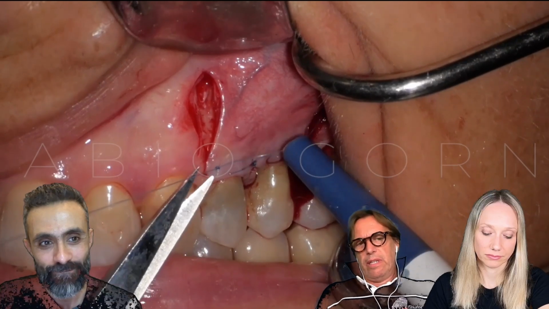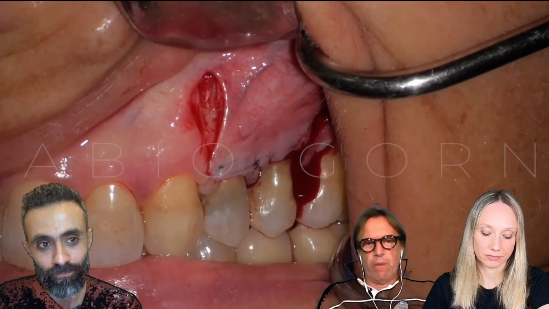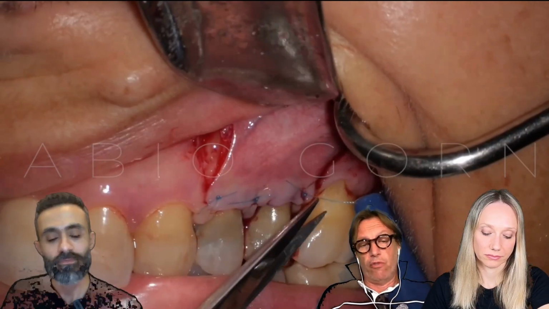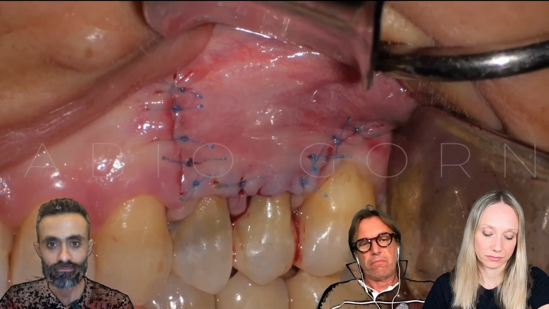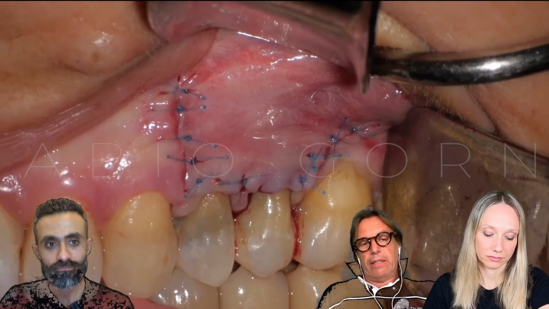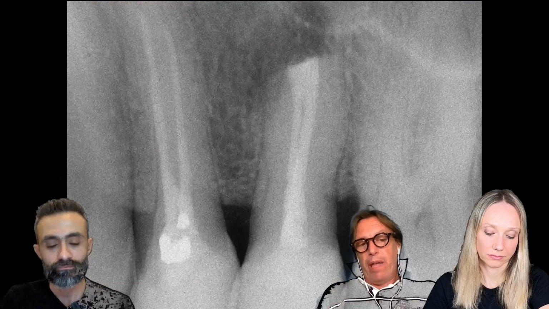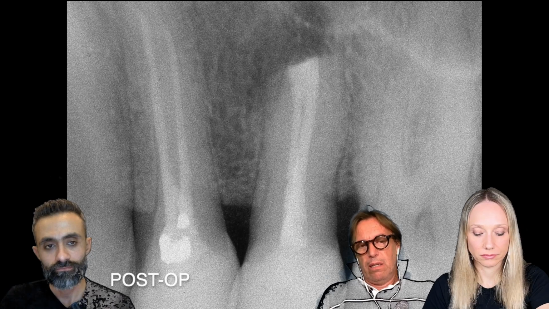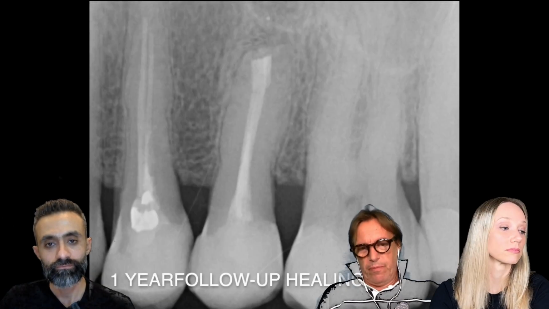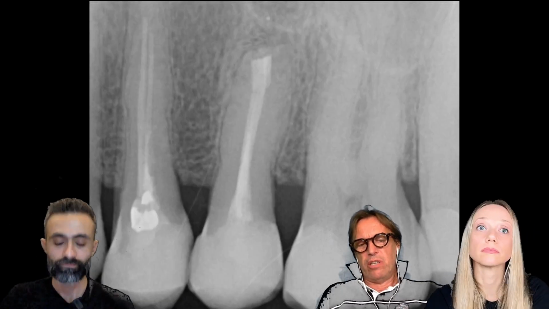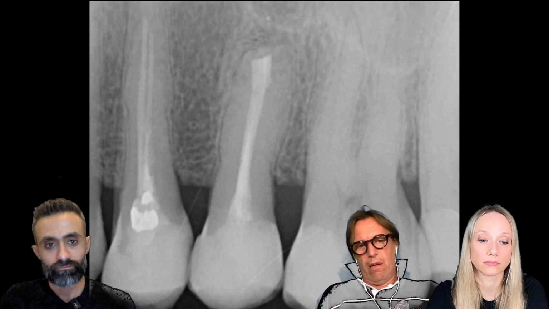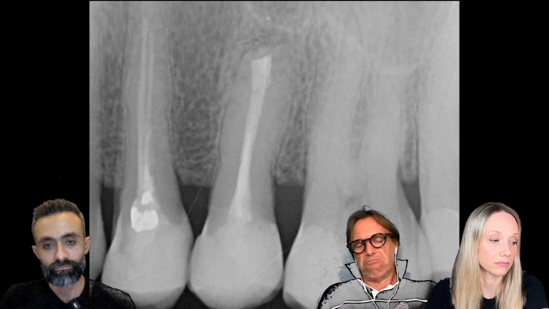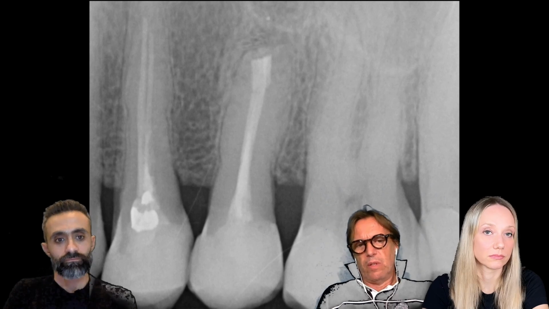The suture is important for the soft tissue management, of course, not for the final success rate of the endodontic surgery. The final result depends mainly on the flap incision. When the flap incision is precise, we can suture everything with good precision.